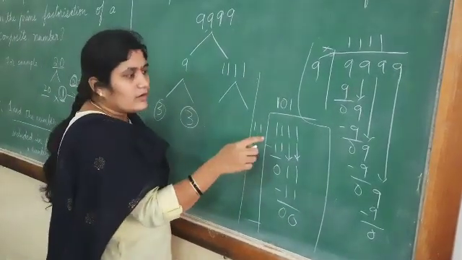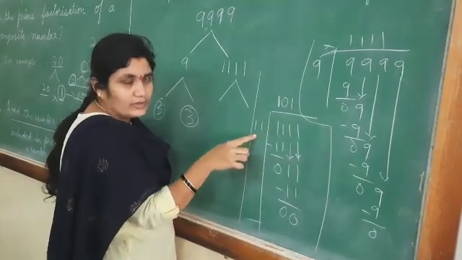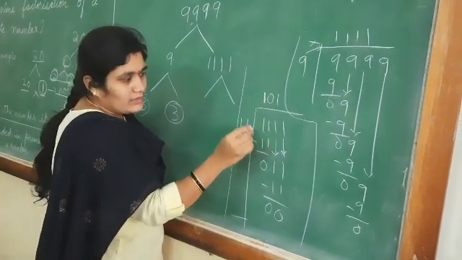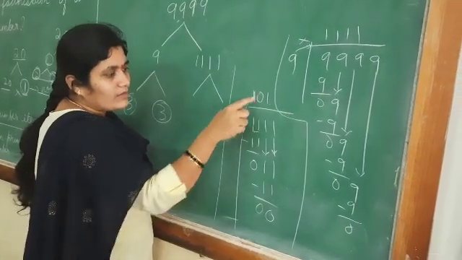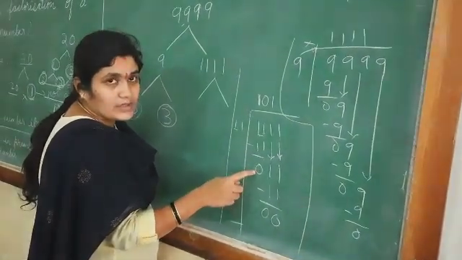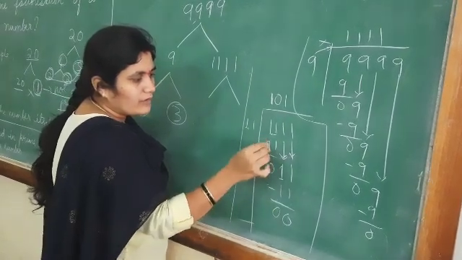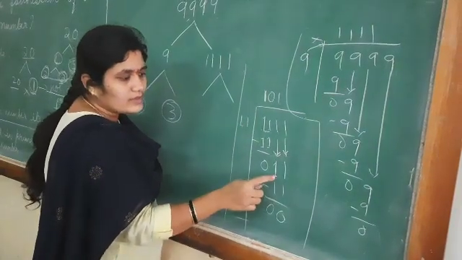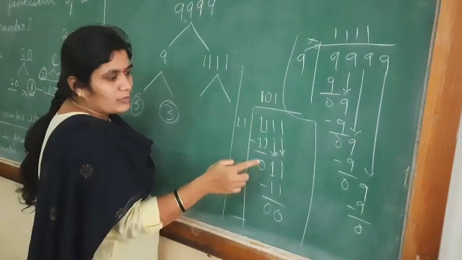I do repeat it. Divide 1111 by 11. This is the dividend and this is the divisor. When you take 11, consider the first 2 digits because this is a 2-digit number. 11 ones are 11. 11 minus 11 is 0. Now take the next number 1 down. If you take 1 down, you cannot divide because this is a 2-digit number and this is a 1-digit number. So it doesn't divide because this is small.